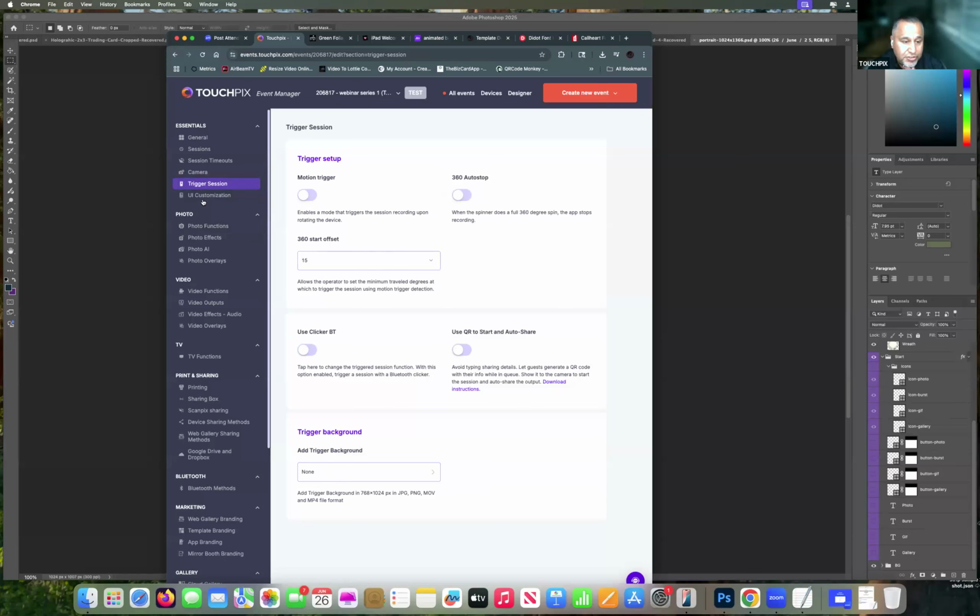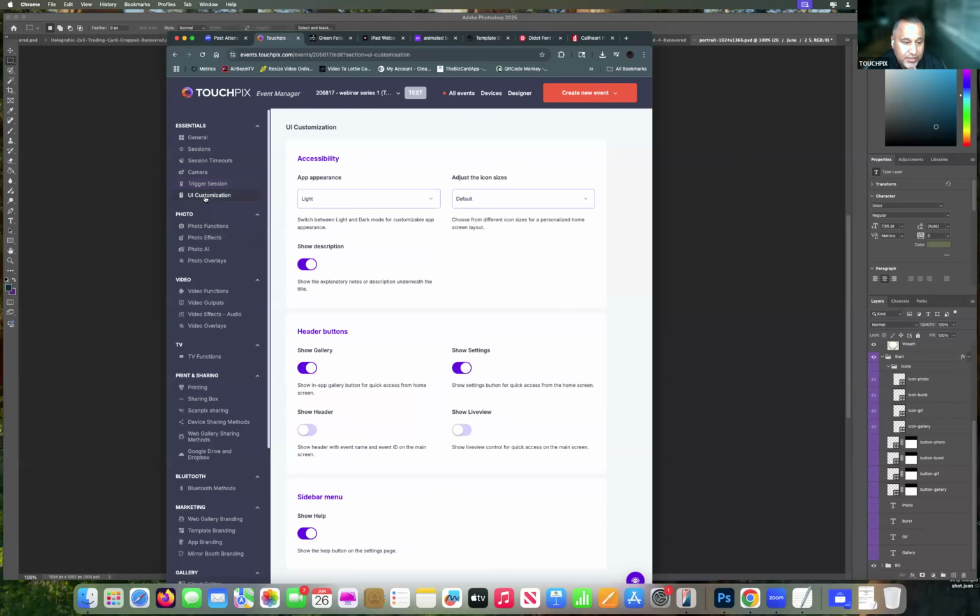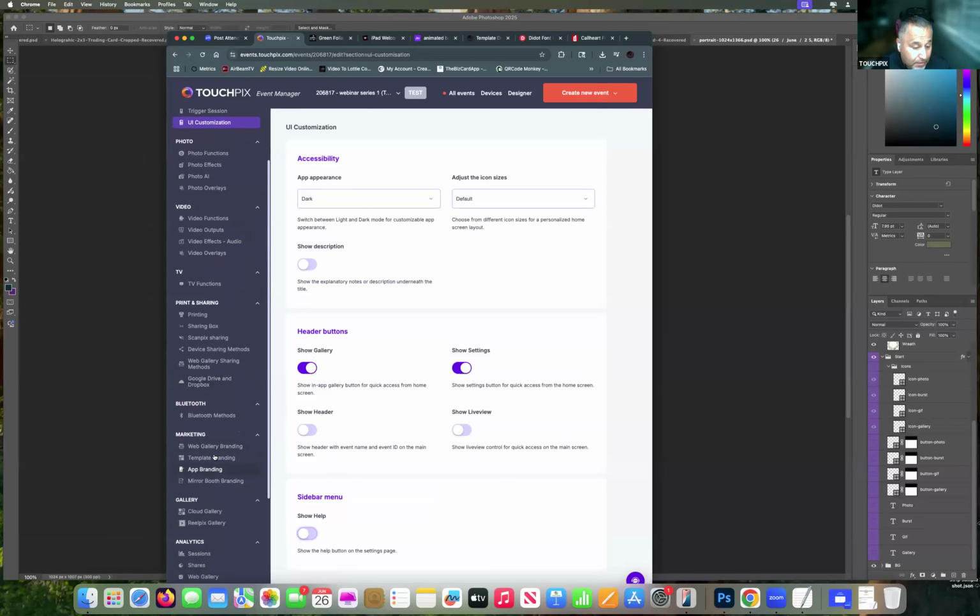UI customization, I'm going to go ahead and I like the dark mode. As far as showing descriptions, I like the new version of the app, so I like the new gallery and settings tab, but if you don't want to show the gallery and settings tab, you don't need to. This is just the way I do things. And before we go into photo functions, we're going to come back here and design the overlays a little bit later. Video functions, we're going to come back here again,